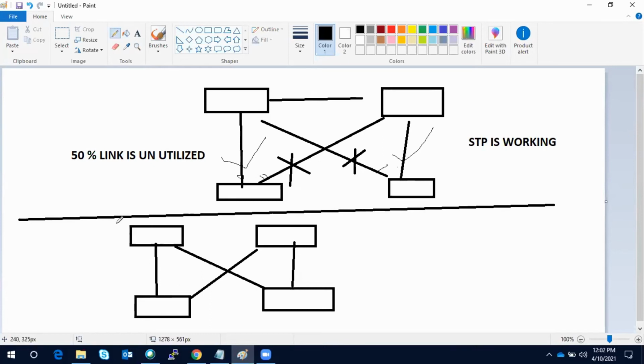So this is a very traditional kind of deployment: two spine and two leaf. Here you can see this leaf is connected to spine 1 and spine 2. This is also connected to spine 1 and spine 2. But no leaf is connected to each other, no spine is connected to each other. That is one of the major differences.